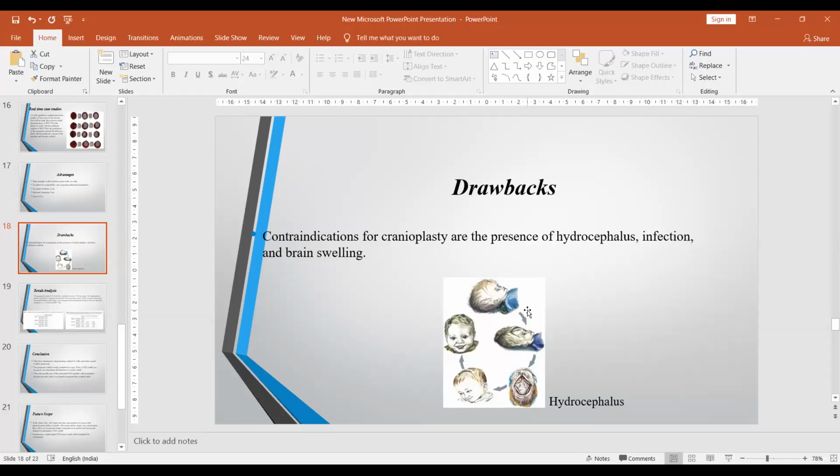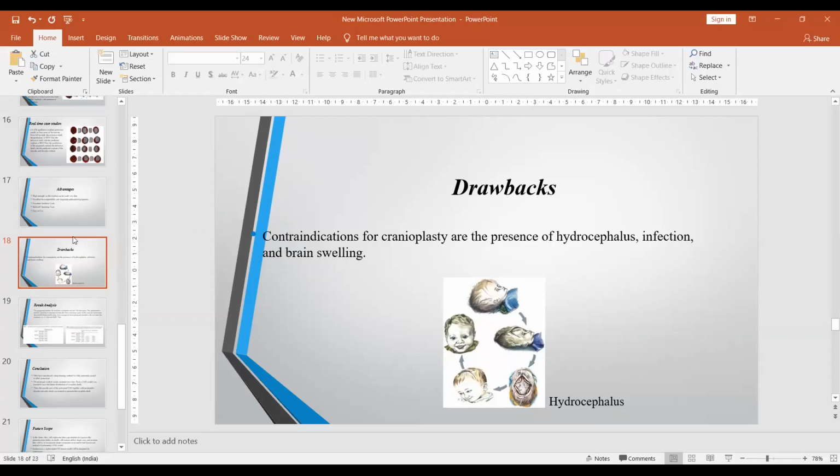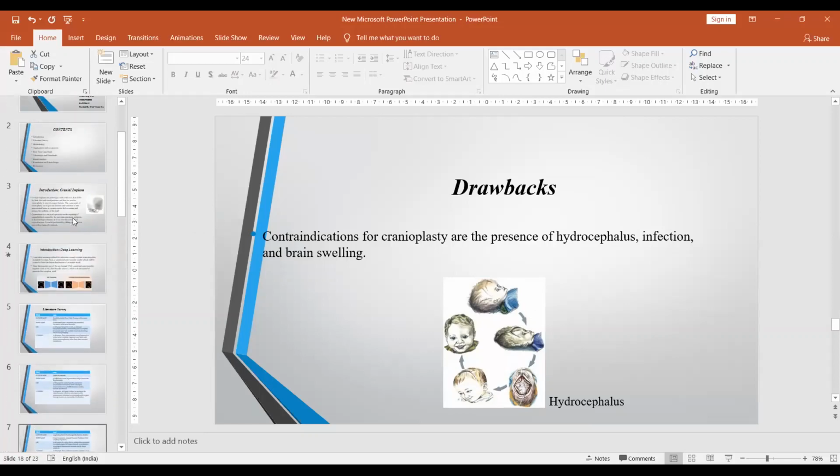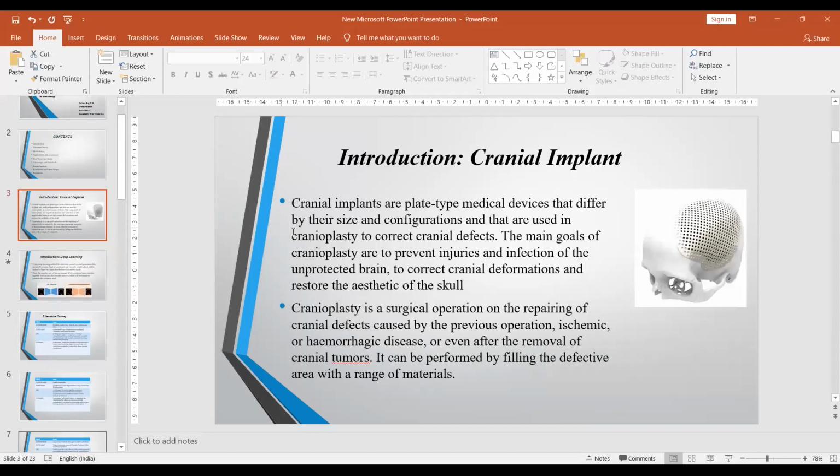The first thing you address is infection, about swelling and stuff. Another one, like you said, they may lead to seizure, stroke, clots, and complications also. I think you should address it. Because when you talk of the merits, you can call it most of the risks associated with cranioplasty.